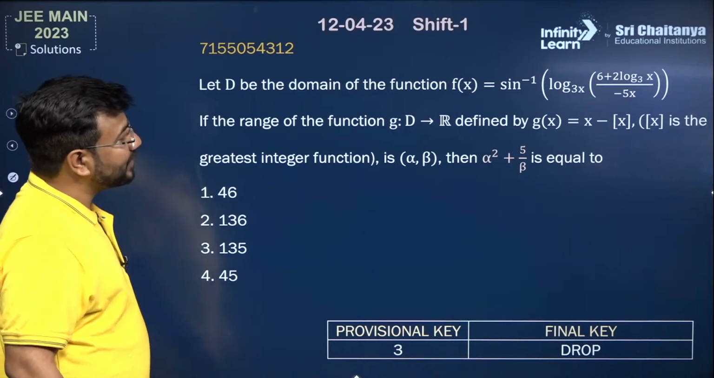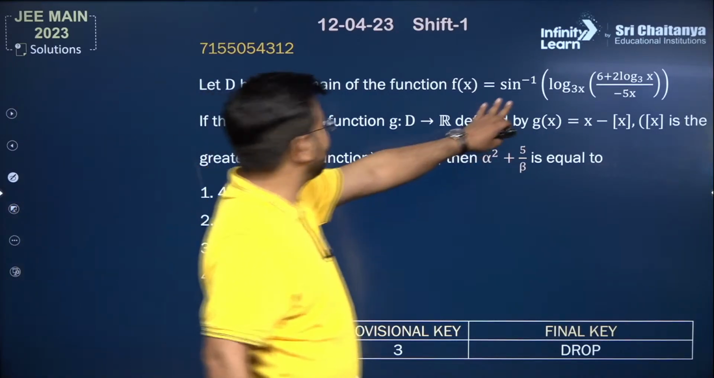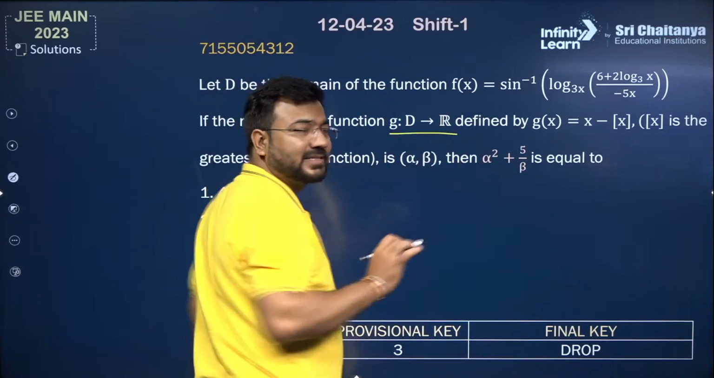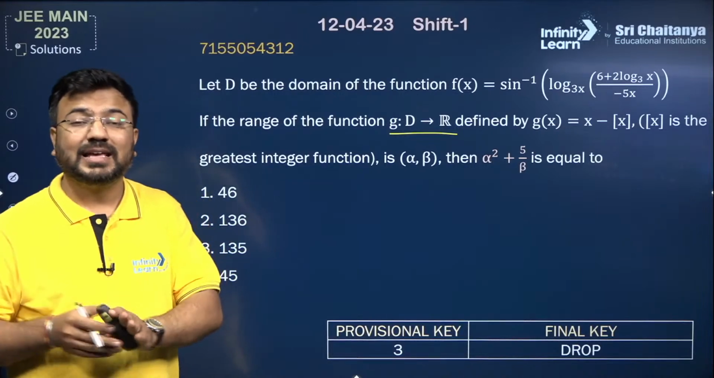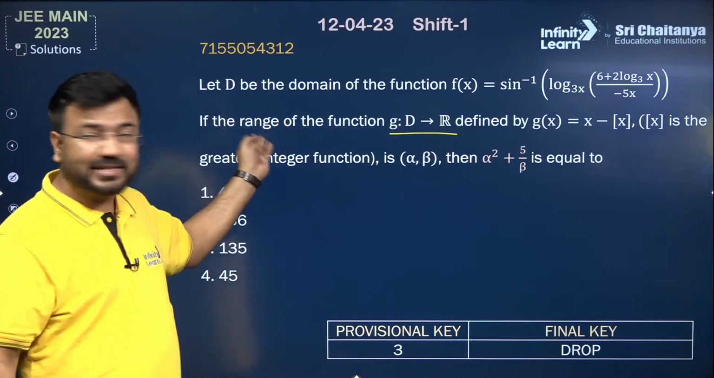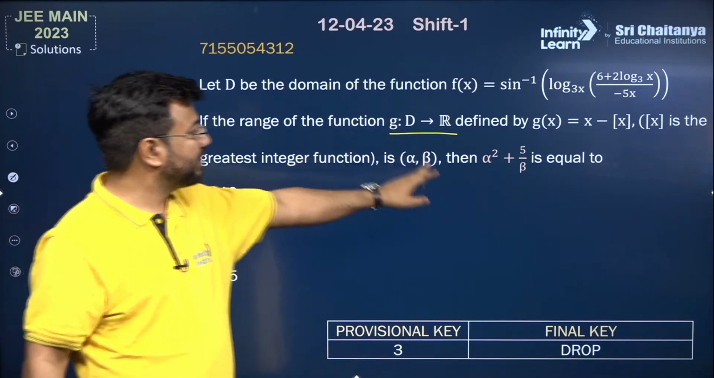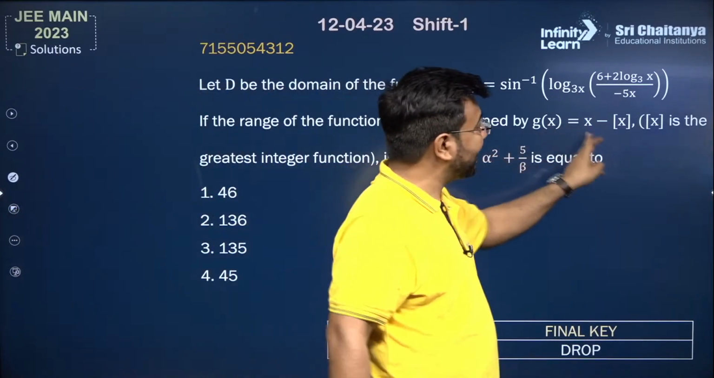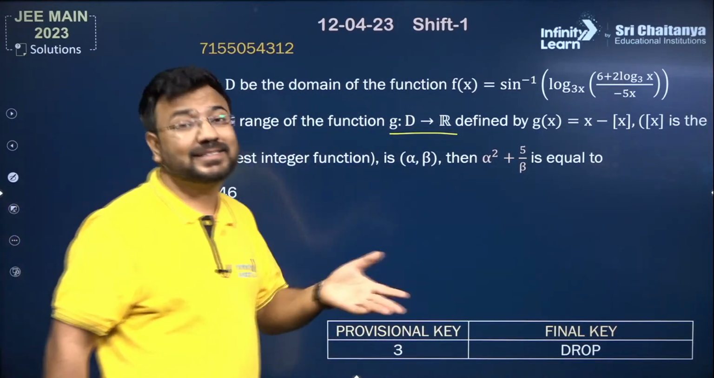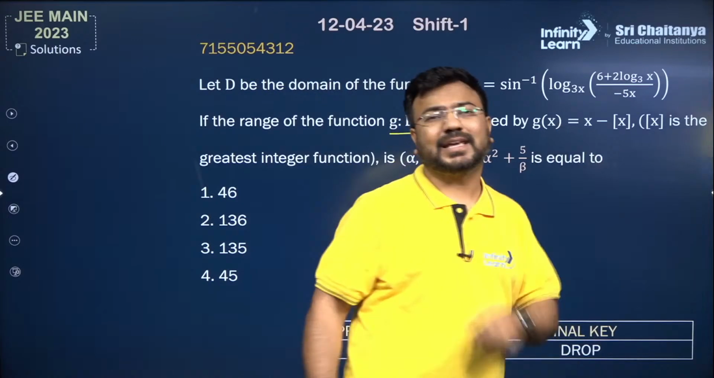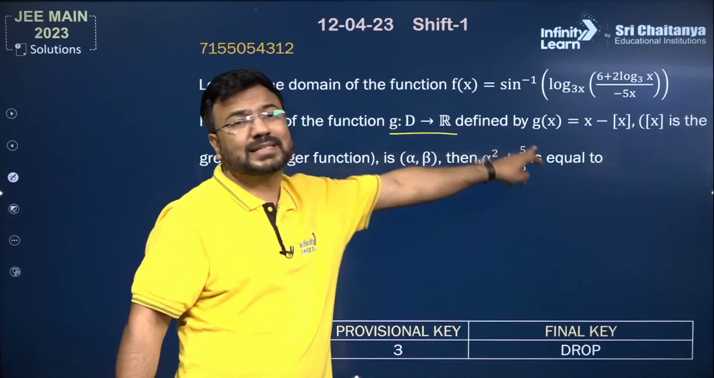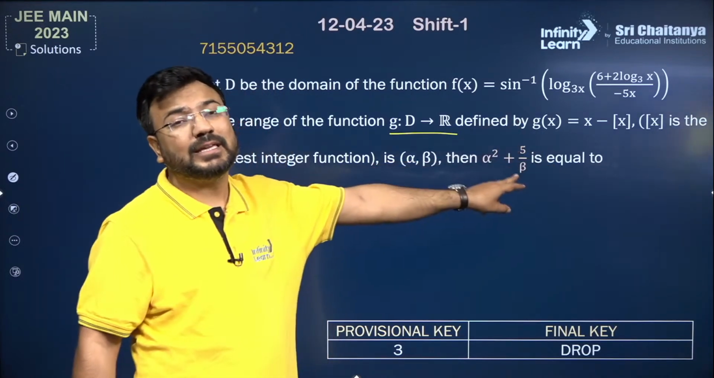Let D be the domain of this function f(x). Now this f(x) function is given to you. A function g is given, which is from D to R. The range of this function is R, and this function is defined by x minus the greatest integer function. Now you know that x minus the greatest integer function will be the fractional part of x. So basically they discussed that g will be the